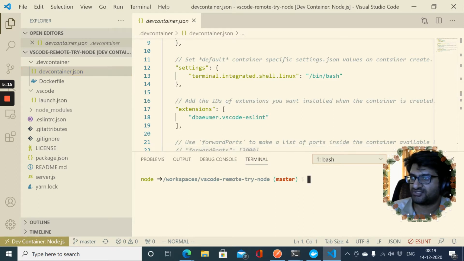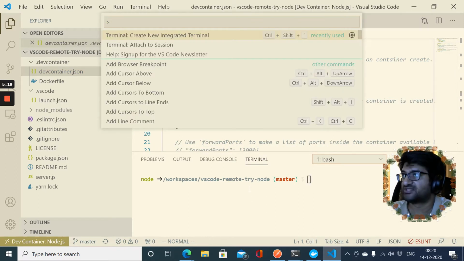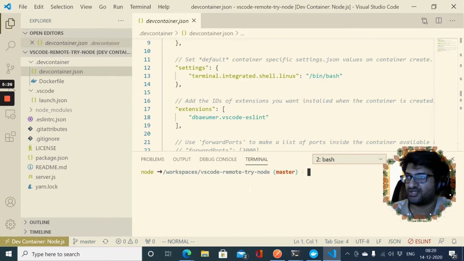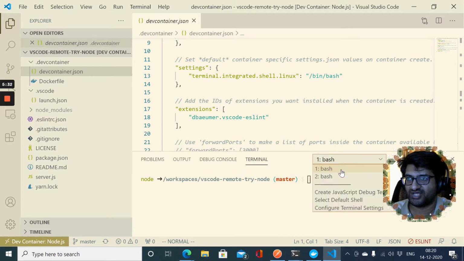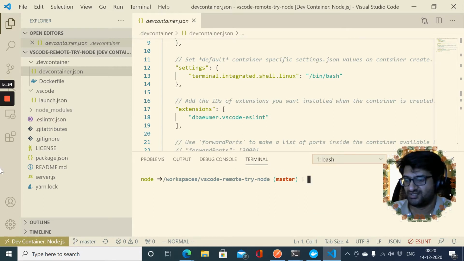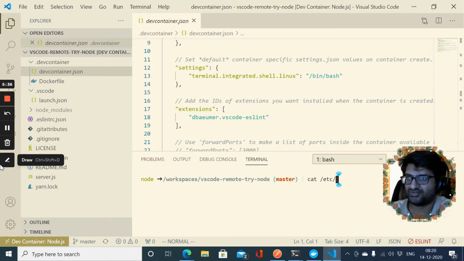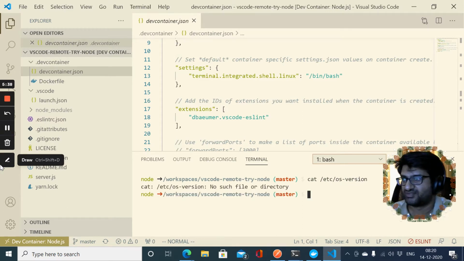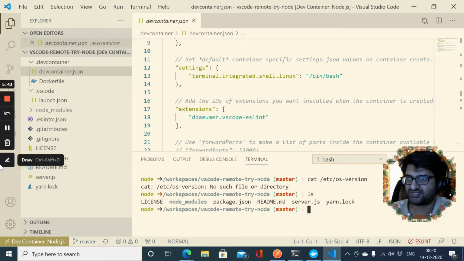So if you go to the terminal here, the terminal that you see is called an integrated terminal. In case this doesn't open for you automatically, you can go and click this button, create new integrated terminal, and it's going to open up a terminal for you. So let's go to the first one that we have running here, because you can have multiple terminals as well. And let's just see what the OS is. So this is the code.